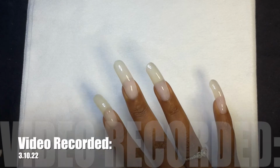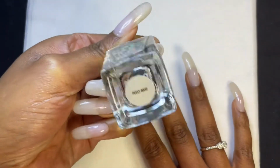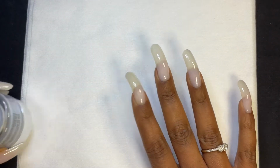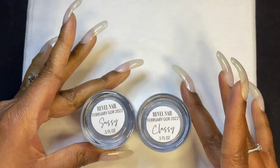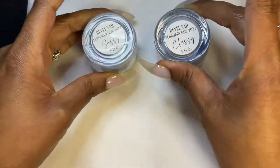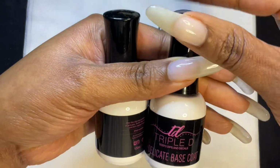Hi guys, I am back with another dip powder mini. So of course I have on my Holo Taco Pili base. When I'm using dip powder, I normally do 2 coats, gel polish 1 coat, and it just allows for easy removal of that product. So I'm going to be using dip powders from Gift of Revel, which this is the